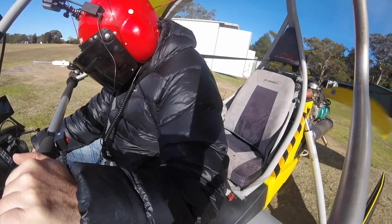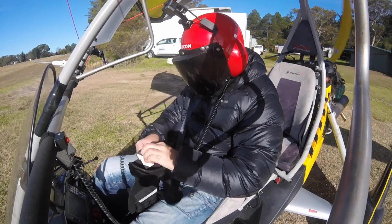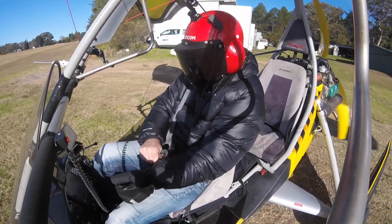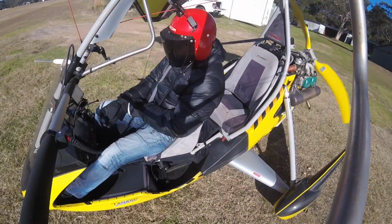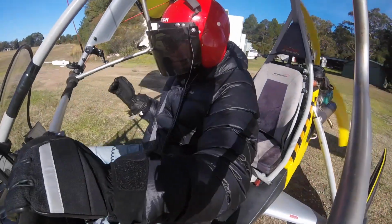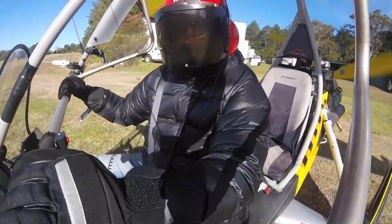My first flight in, actually I thought it was 2 months, but it's actually 3 months. Big Bird's been in the hangar getting some work done. The small part was the oil change and the filter change, which was due. But more importantly, I've now got my brakes working, so I can actually hold it for a mag check around